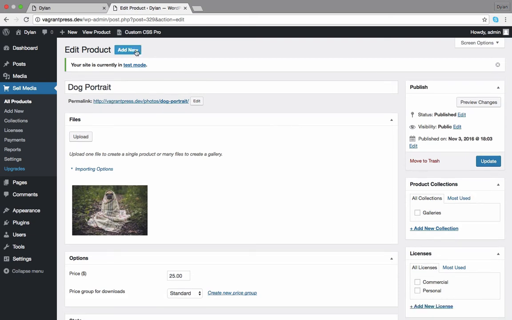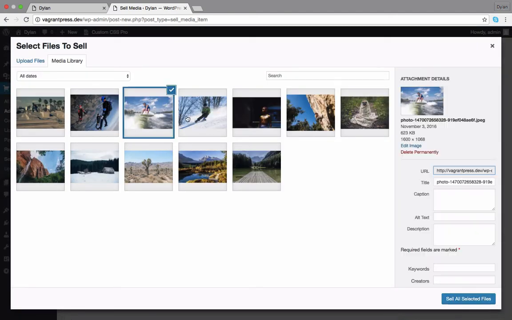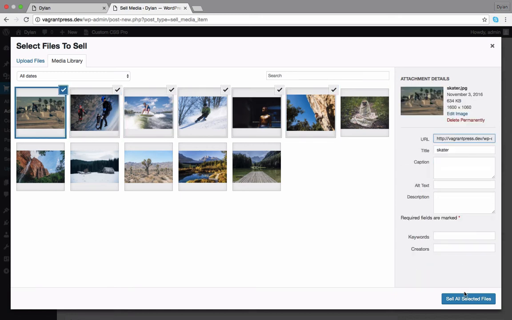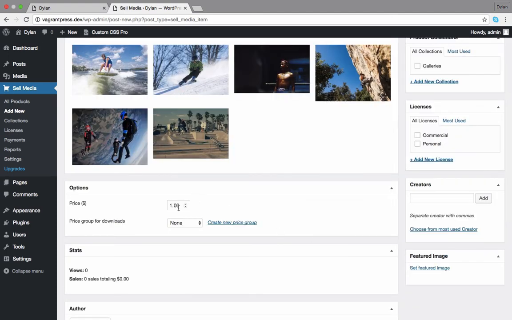Now I have a group of sports photos I would like to upload and sell. But because these photos are related by sports, then I will insert them all at once to a product and title it Sports. This will appear like a gallery because I'm uploading many files to the product. The price you set will represent each photo individually, even if you inserted many photos to make it appear like